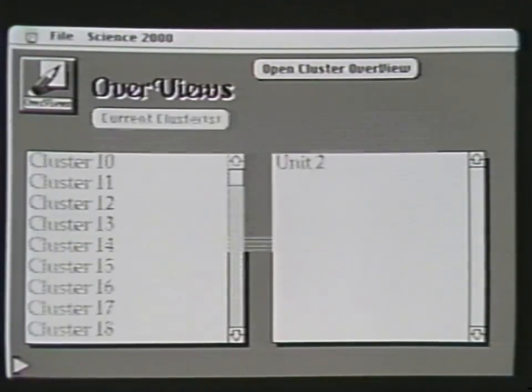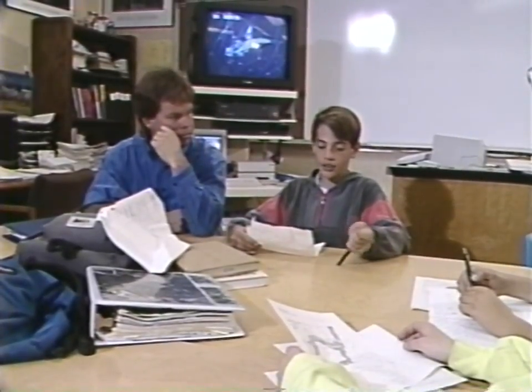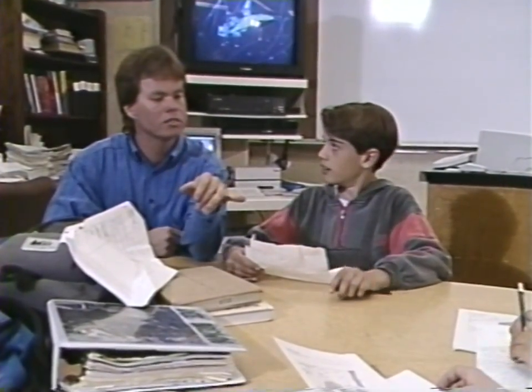The Science 2000 project allows me a lot of flexibility. It's not a cold, hard, fast, do this, then do this, then do this. It works in the way that I think computer technology has made people think, and that is globally. You can go to different places at different times. I can follow students' questioning much better now and have better resources to answer them. And also just my gut instinct about where I think we should go from here. It's not guided by a textbook anymore. Now it's guided by my own personal learning style with the aid of the Science 2000 project.